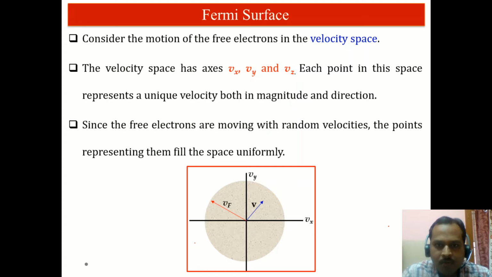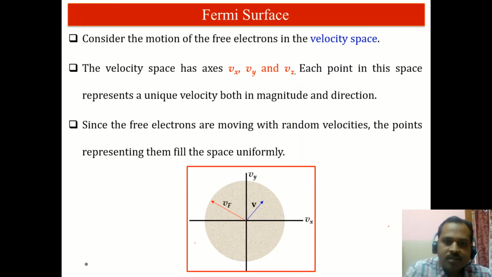Already we know what the Fermi function and Fermi energy are, and related to that we'll define what is called the Fermi surface. We'll see how the Fermi surface is useful to obtain the electrical conductivity of metals, which is quantum mechanically corrected. Then we'll see how we can verify the Wiedemann-Franz law, and ultimately we'll obtain the proper Seebeck coefficient, or the thermopower, of metals. So let us discuss today's topic, the Fermi surface.